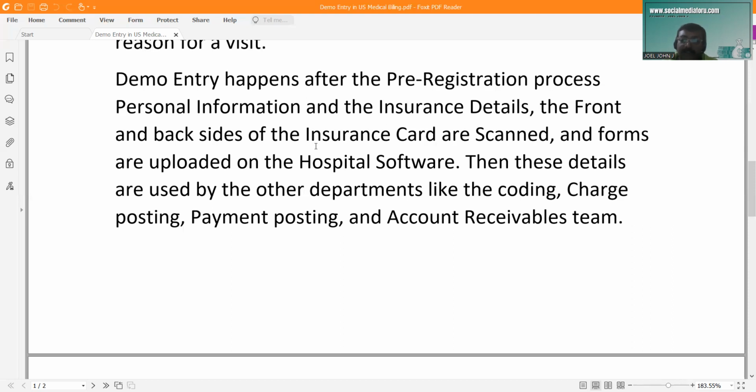What are all the forms they will upload? A few other forms are like waiver of liability and assignment of benefits. All those forms we will look at in separate videos. So those forms are mandatory. Without the assignment of benefits form, the provider won't have the right to ask the insurance company to make the payment. So assignment of benefits is much important,